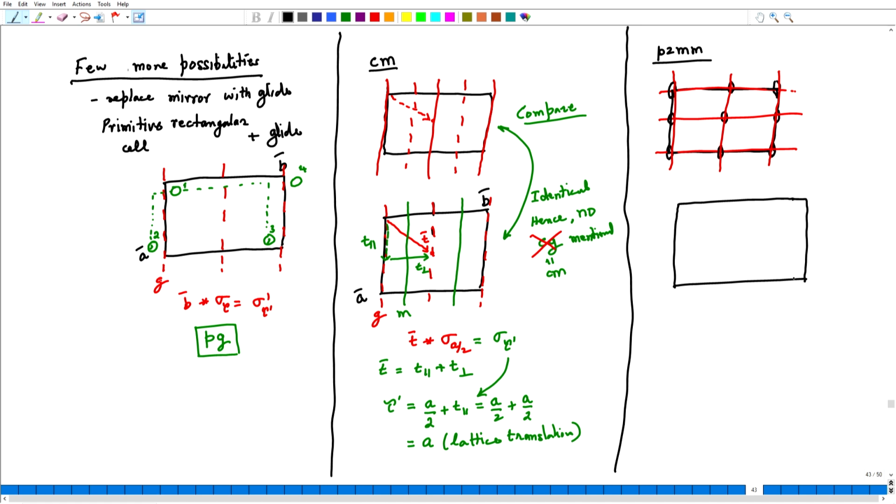What we will do is, we will start with the plane group P2. So, there are no mirrors added right now. And let me add glide planes in a vertical orientation.